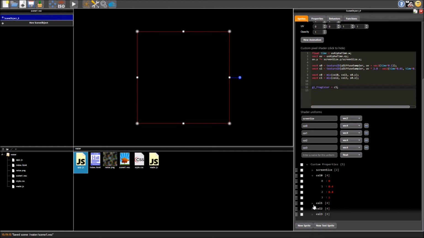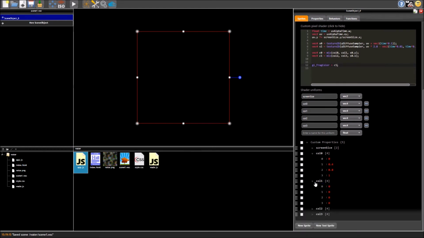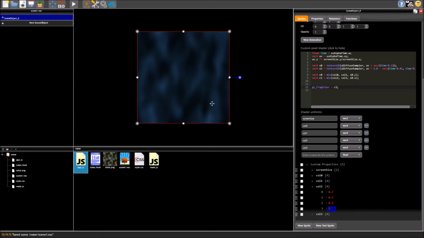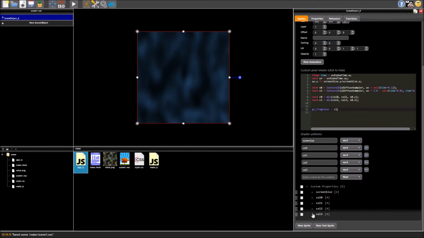Why is it black, you may ask? Well, because we haven't set these initial color values down here. So we need to set color 1, 2, and 3. So I'm going to make this quite green. That won't show up yet because we're not using it. We're using 2 and 3 at the moment. So, alright, let's make this one quite blue as well. We'll give this one a bit of everything. And alpha 1, we want this one to be reasonably bright, but it doesn't have much color to it. That's because we're mixing all the colors, and when you mix all the colors, you get white if you mix enough of them. If you don't, you get gray or black, depending on how much you mix.